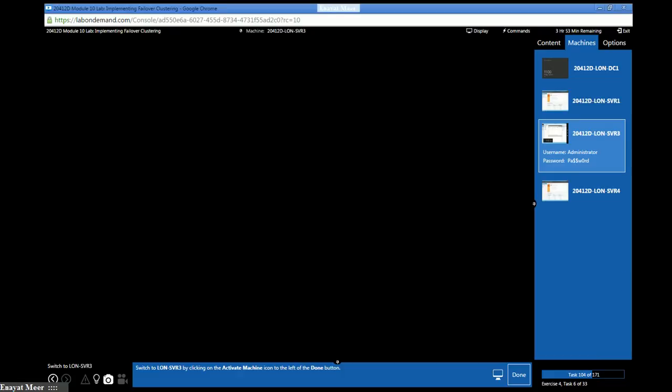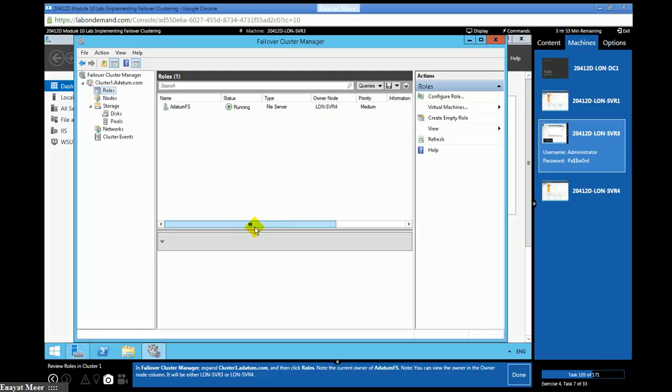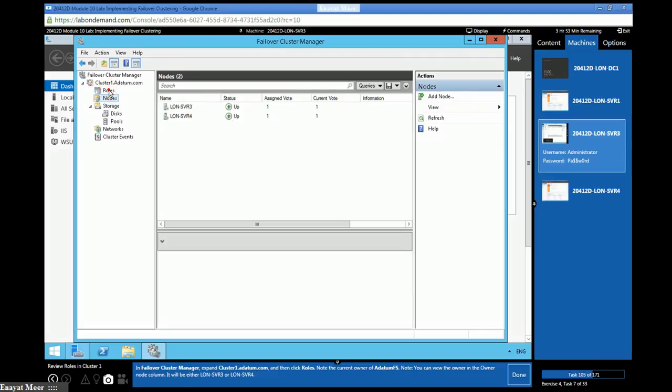So going back to SVR3. Look at the roles and look at the current owner of ADATUM FS. It is under the Owner Node column.